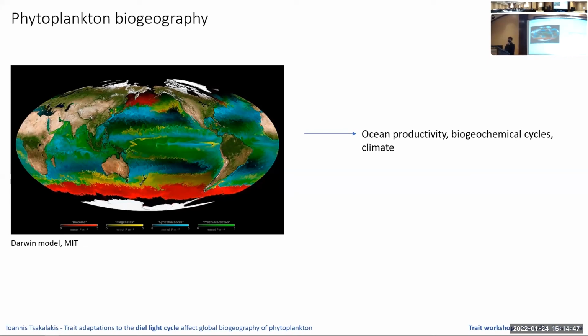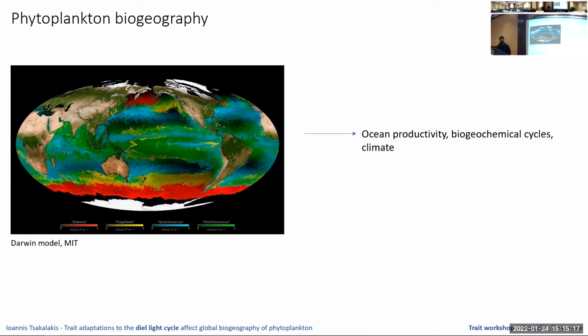And this is important because a diatom dominated community has much different primary production, much different trophic upgrading to higher trophic levels, and also a different impact on the biological carbon pump. And facing climate change, it's important to understand where the different phytoplankton dominate to get better future